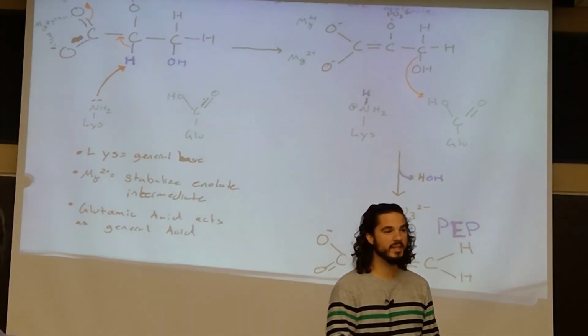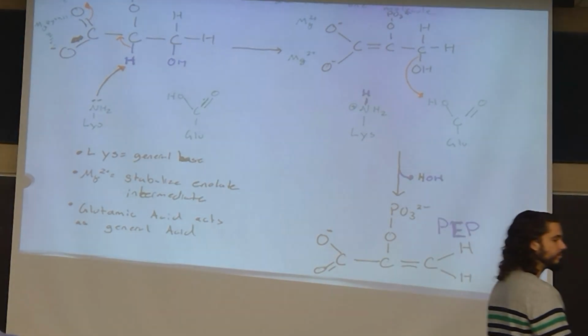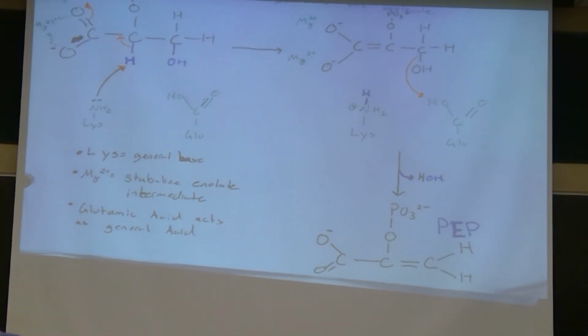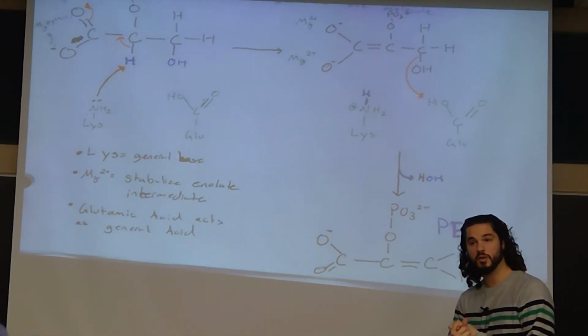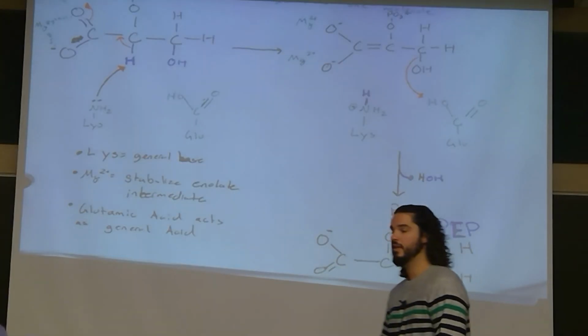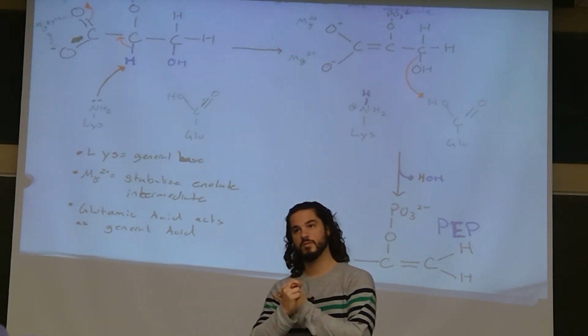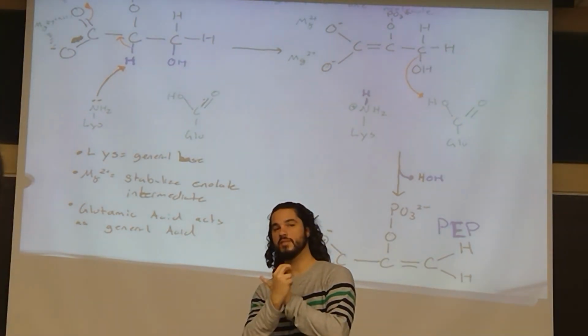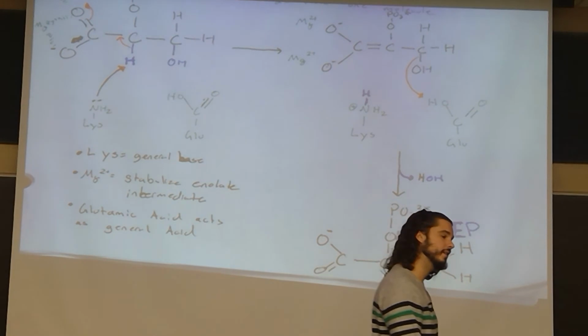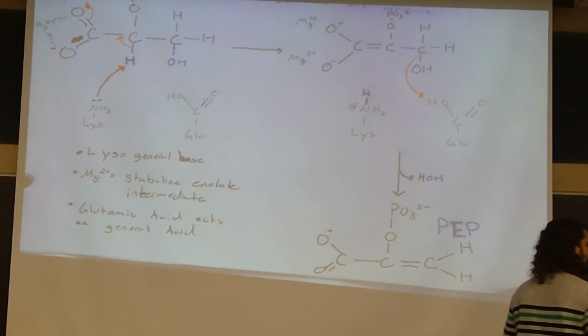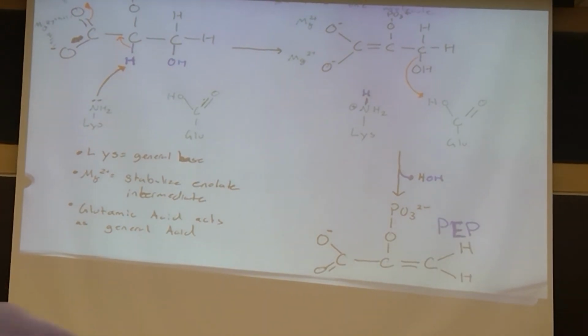It is a major regulation step. Step 1, hexokinase and glucokinase, regulation step. Step 2, not a regulation step. Step 3, phosphofructokinase is a major regulation step. Meaning that you're going to be doing stuff at the very beginning of the